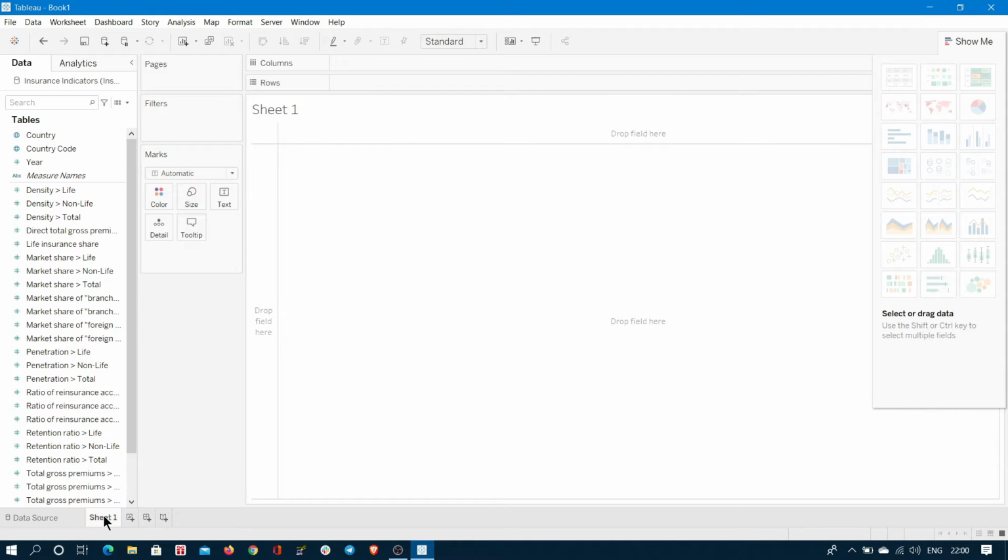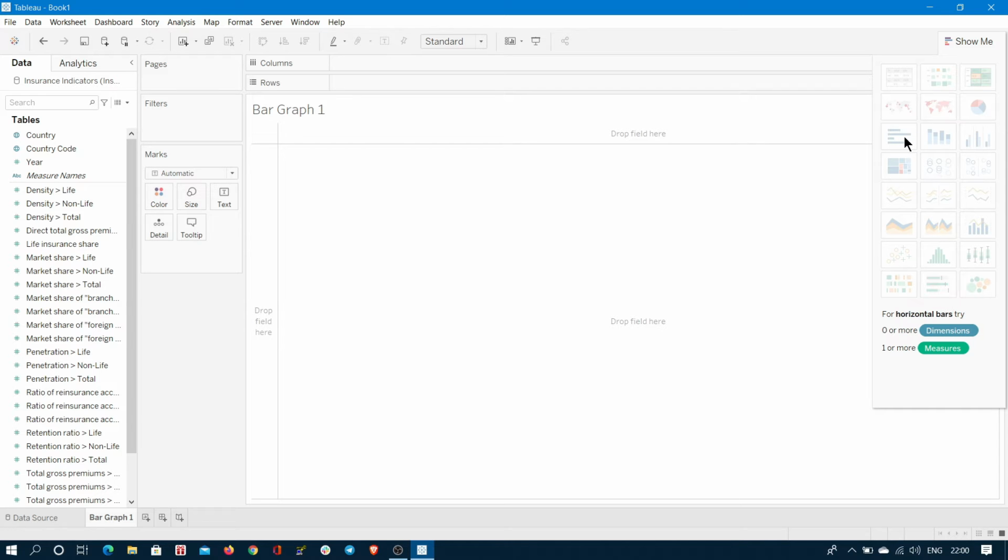You can rename it as bar graph 1. To create a bar graph, you need to choose first of all which type of bar graph you want to create and what are the rules and regulations. How many dimensions we need to use, how many measures we need to choose to create a bar graph.